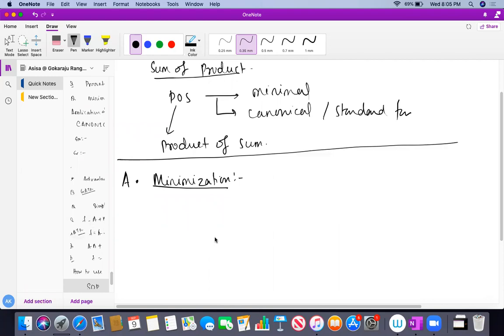Before starting this SOP and POS, I want to tell you one more important question over here. What can you do to minimize actually? Will this SOP be in canonical form or in minimal form? So let's say one of the SOPs I have written here, F, which is XY. This is also a very important question, students. XY bar WZ. So this is X and Y bar, total bar. Are you understanding? So is this actually in the minimal form of SOP? Can I say like this?